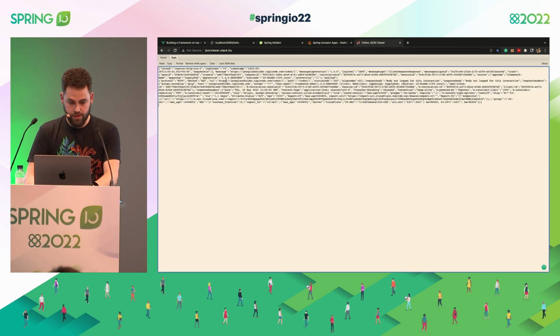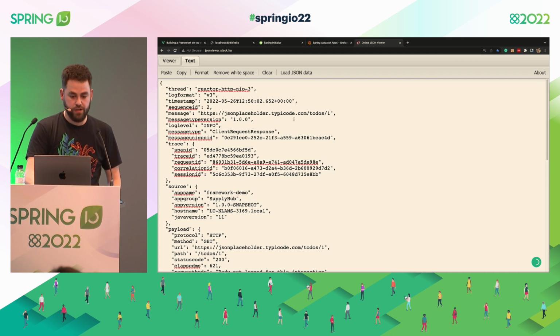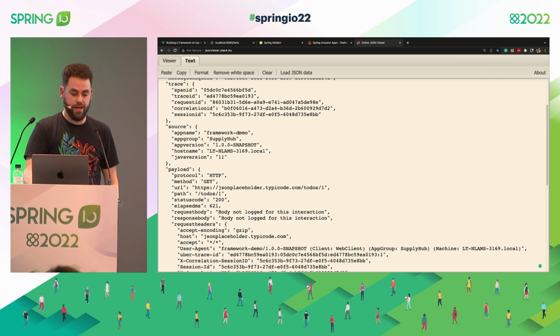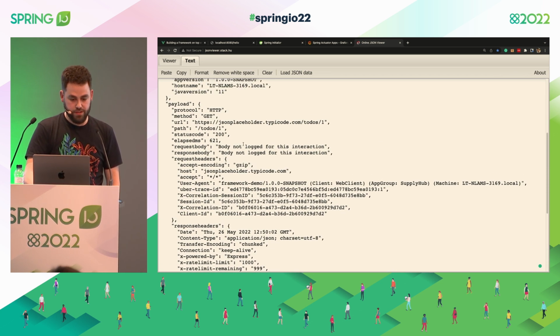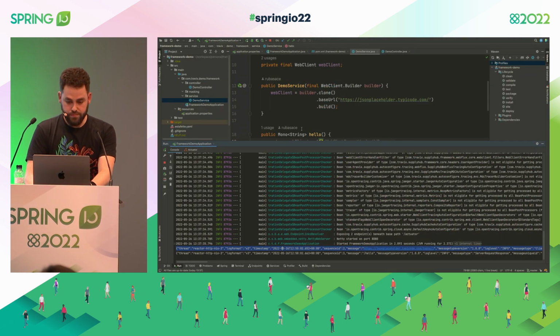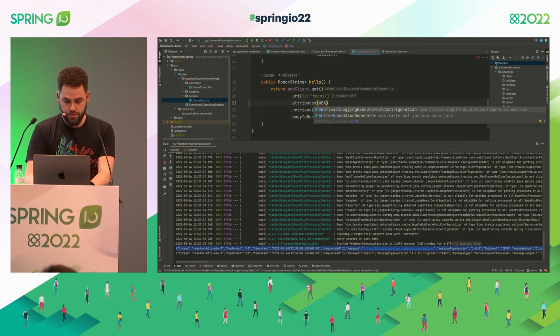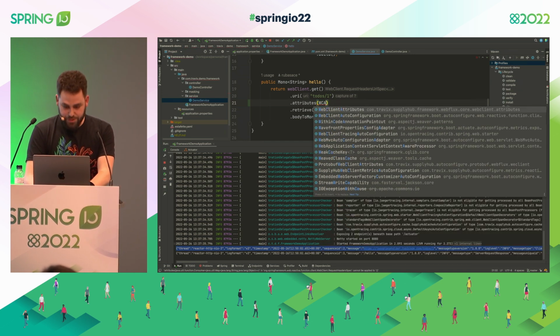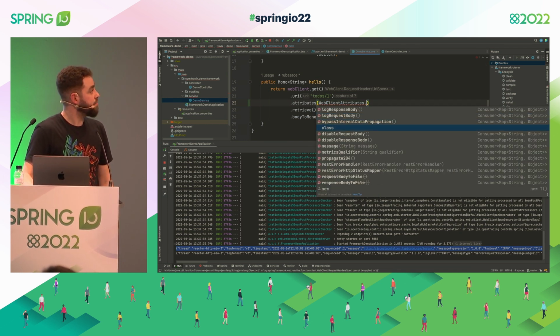And I can see that when I'm logging here, let me zoom in. So I just have information of what's going on, client request response, the interaction with the web client, and I can see the headers. I can see that, for example, the bodies are just not logged, and it's saying they are not being logged. If I want to log them, I can just come to the code and say here, I can do attributes, and in the attributes, I will know web client attributes, dot log request body, log response body, bypass, all the things I can do.